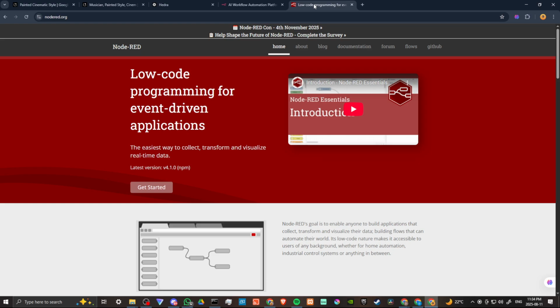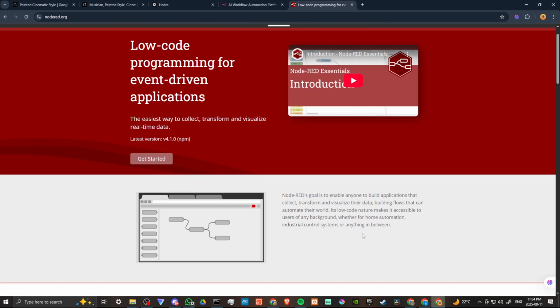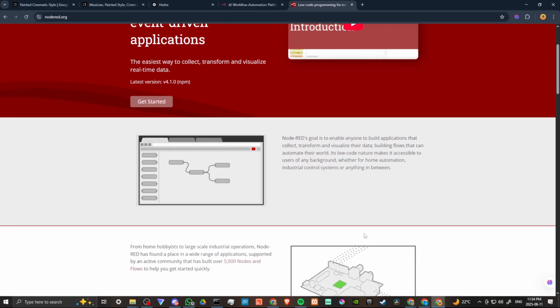to their website. Node-RED, on the other hand, low-code programming for event-driven applications, the easiest way to collect, transform, and visualize real-time data. Node-RED's goal is to enable anyone to build applications that collect, transform, and visualize their data, building flows that can automate their world. Its low-code nature makes it accessible to users of any background, whether for home automation, industrial control systems, or anything